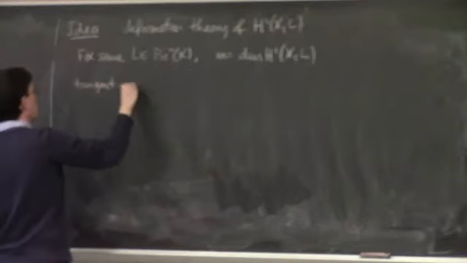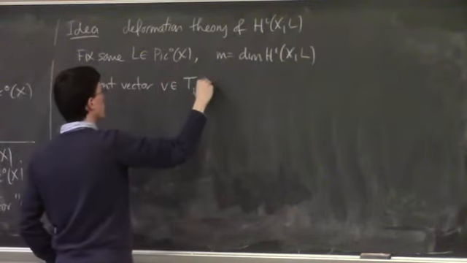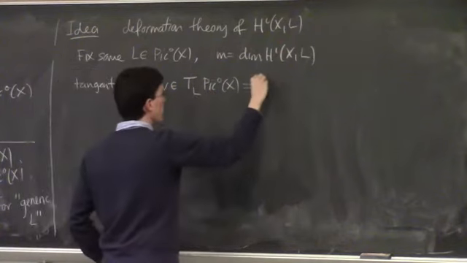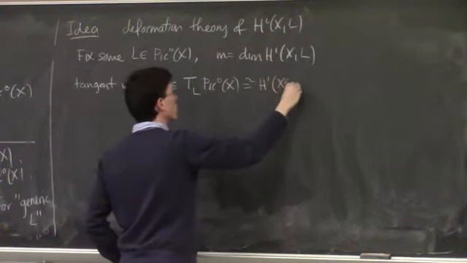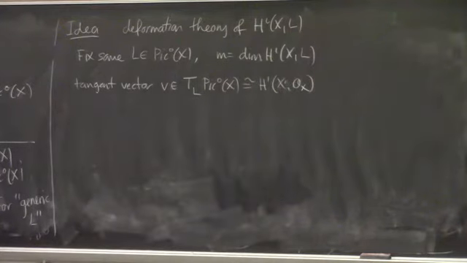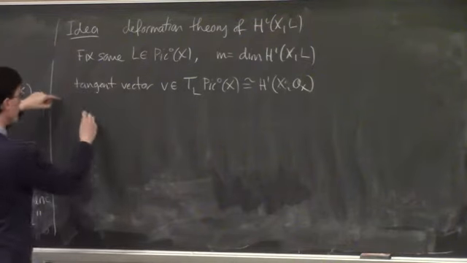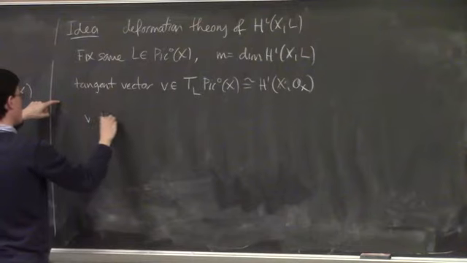I take a tangent vector V in the tangent space at the point L in Mod of X. Well, this tangent space is actually just this cohomology group. This is isomorphic to just the first cohomology of the structure sheaf. Okay? And then Green and Lazarsfeld show that this V is tangent to the set Si, so it's tangent to